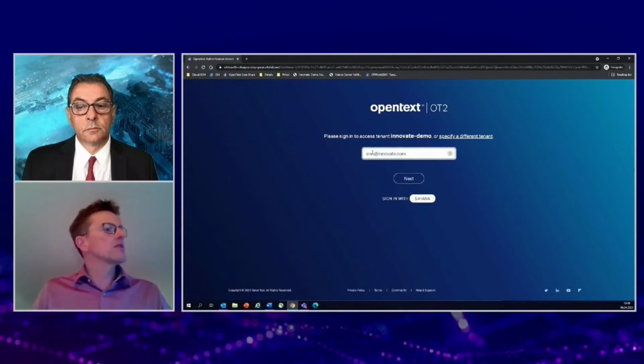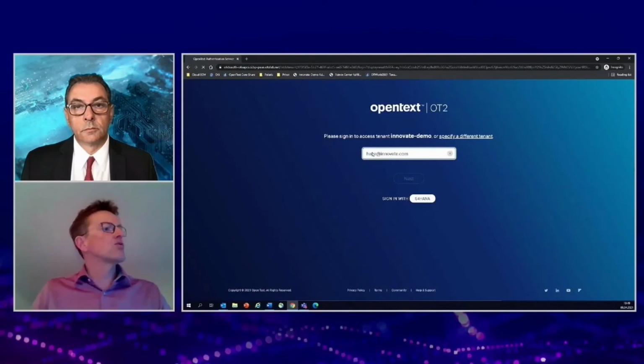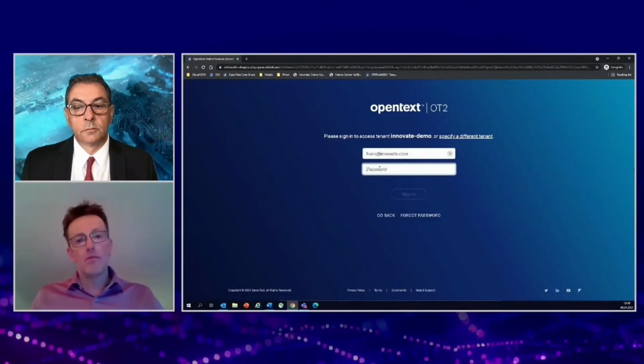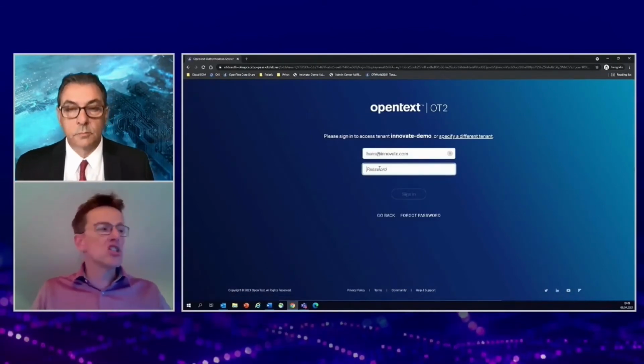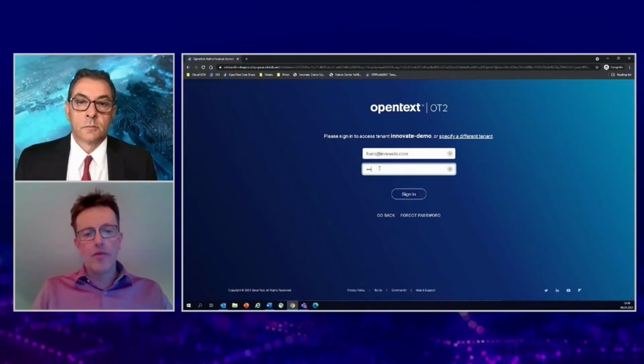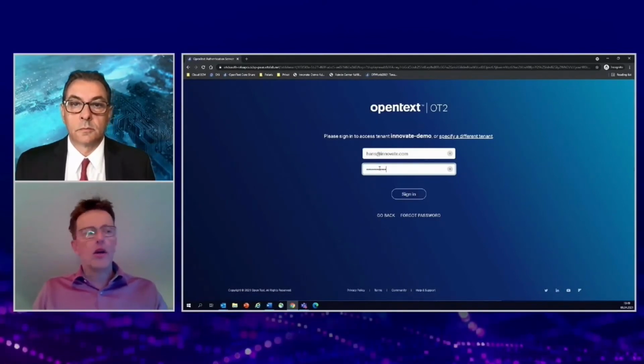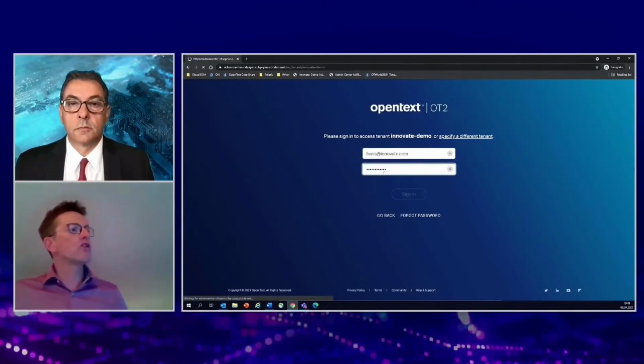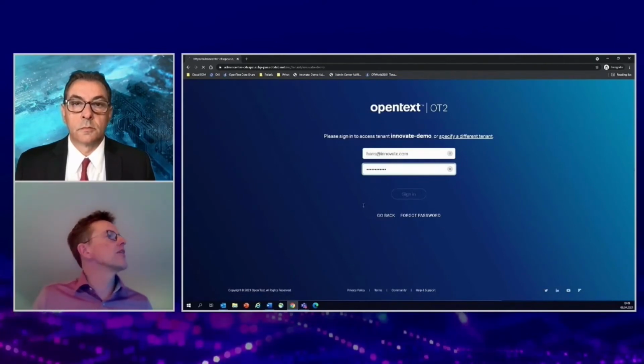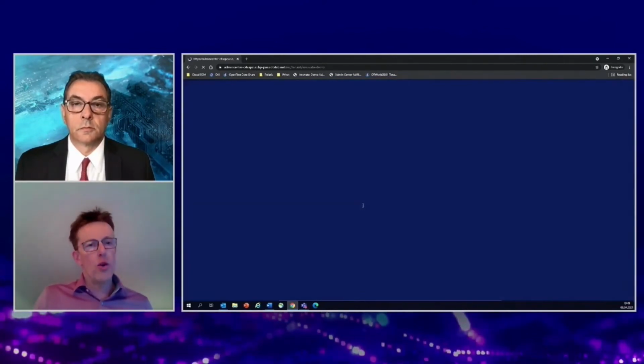Let's switch to the business administrator and IT administrator on the customer side, and look into an already configured system and the configured connection to SAP.